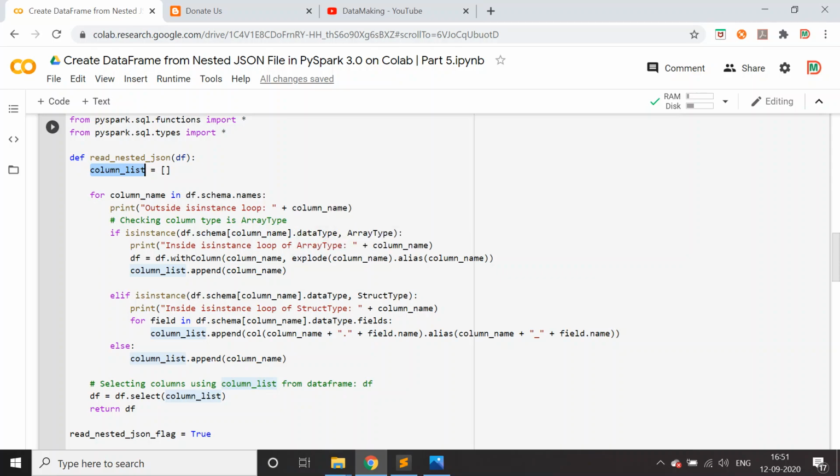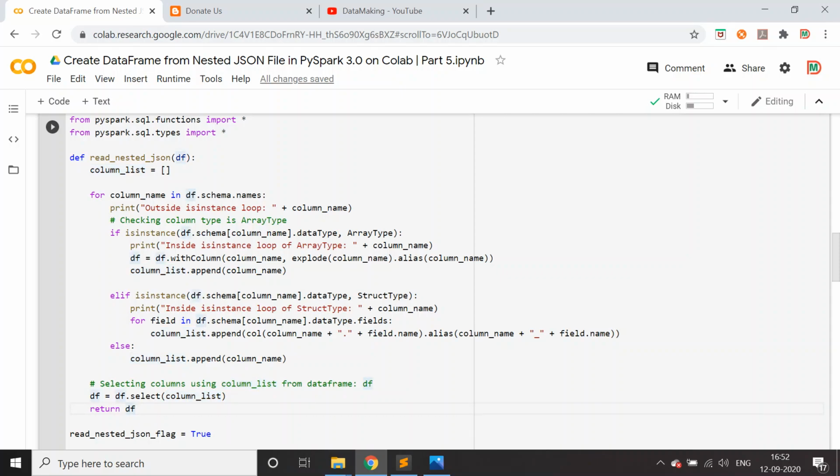These column names are stored in the list. Finally, when the loop is completed, I'm going to do a select with the columns collected in this list, so if any column is expanded, that column will also be there, and I'm going to return it.